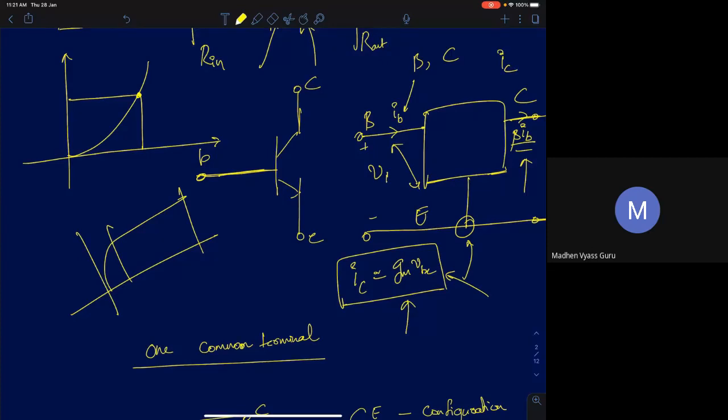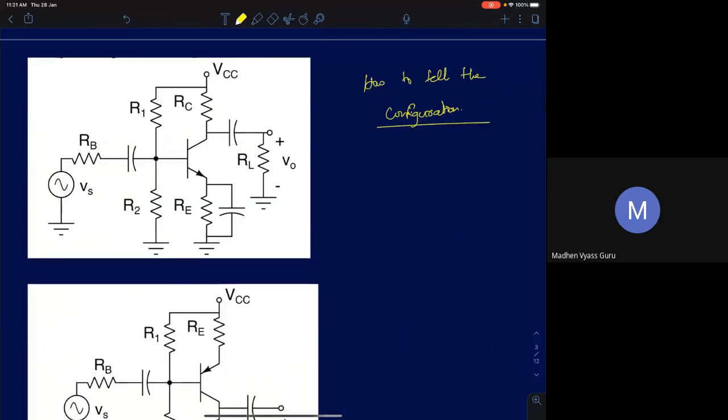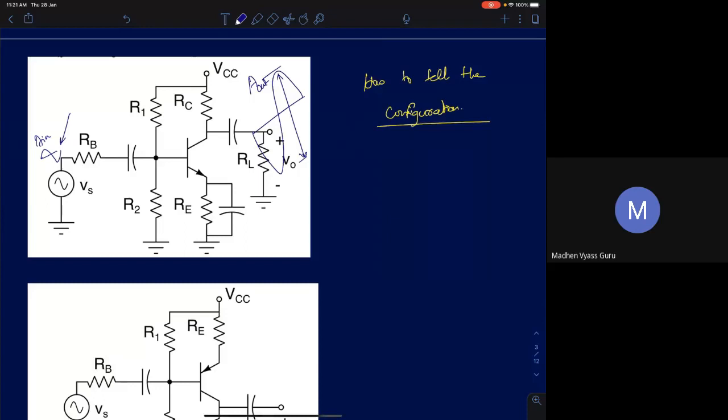See, what is the goal of an amplifier? Eventually, let's say you are given an amplifier like this. Let me take this example. This is an amplifier here. You are applying a very small sine wave here, and you expect a really large sine wave at the output, maybe with different polarity. Now, you are interested in finding out what this amplification factor is. If A out is the amplitude of the sine wave at the output, and A in is the amplitude of the sine wave at the input, then the ratio A out by A in is called the voltage gain: output amplitude divided by input amplitude.